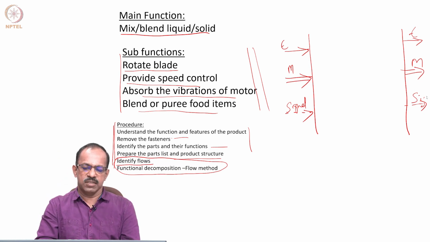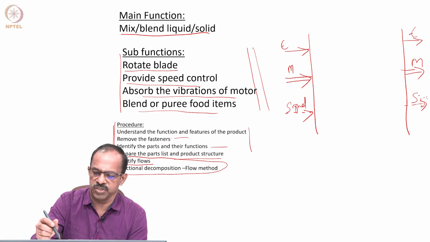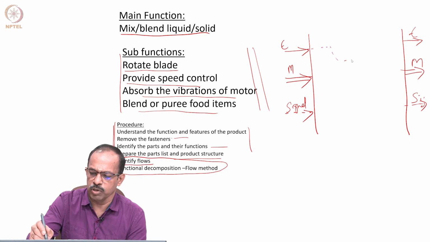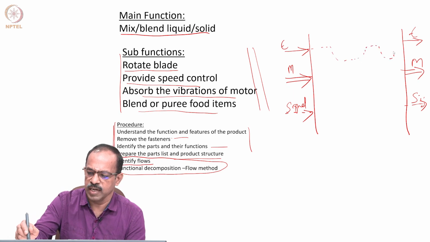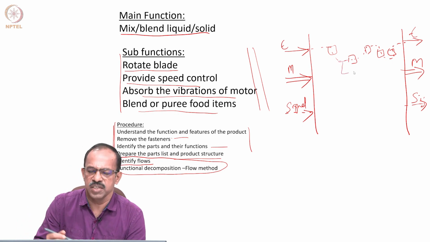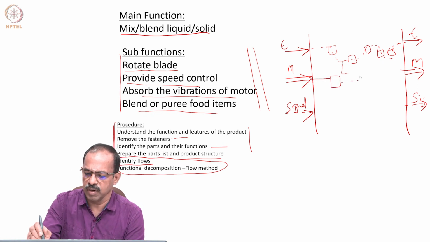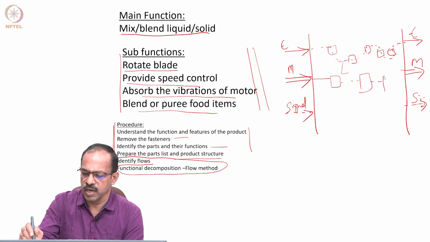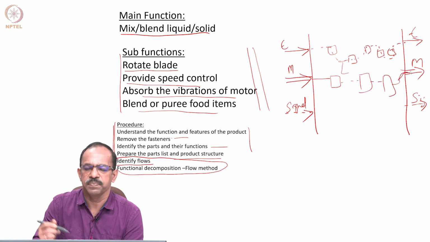Once you have identified this, then you will know how this energy is getting converted to something else. This energy may be going through different processes and finally coming out as some other energy. Each one will have some function, and finally it will go out, and sometimes there may be some branching of this energy also for some other purpose. Similarly, the material will come in, and some function will happen to it, and finally the material will go out.